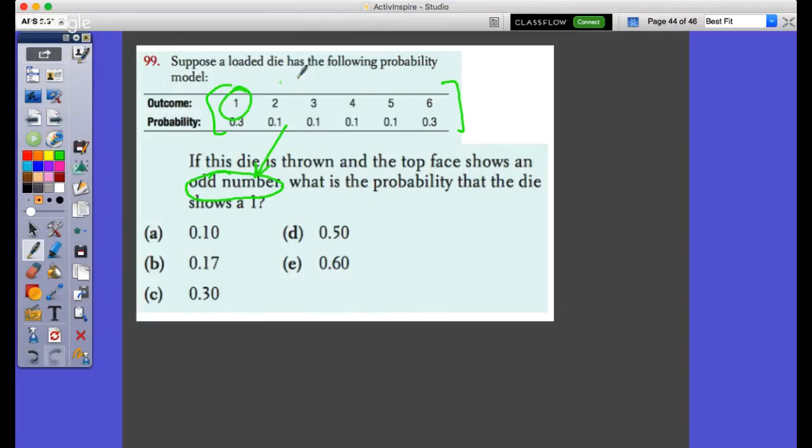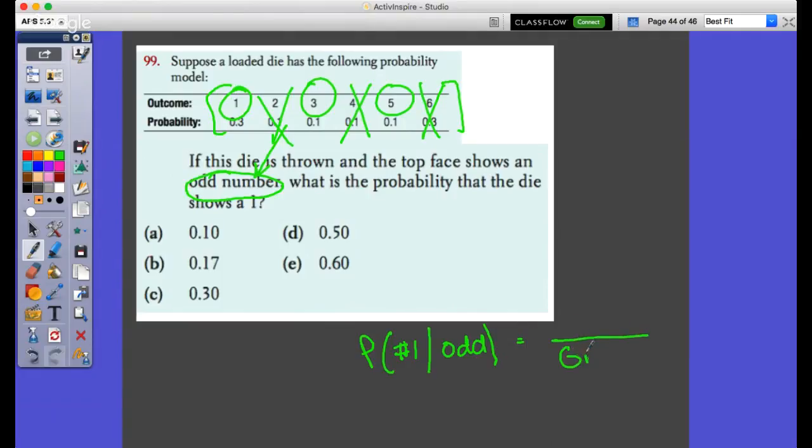So we can either have for our odd numbers, those are our odd, right? Boom, boom. All evens are gone like a freight train. So for an odd number, 0.3 plus 0.1 plus 0.1, which would be given. So it's the probability that this would show a number 1 given that the number was odd. The given part always goes on the bottom. So when I set this up, the given part would be 0.5 probability. Those are what I'm focused on.